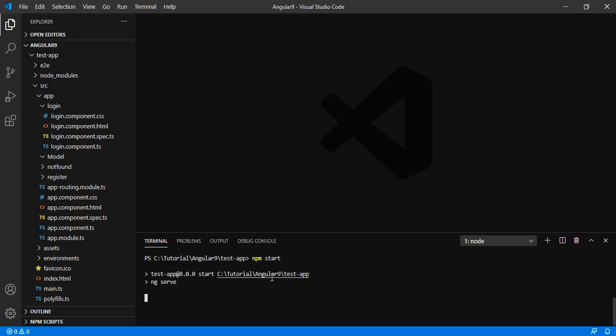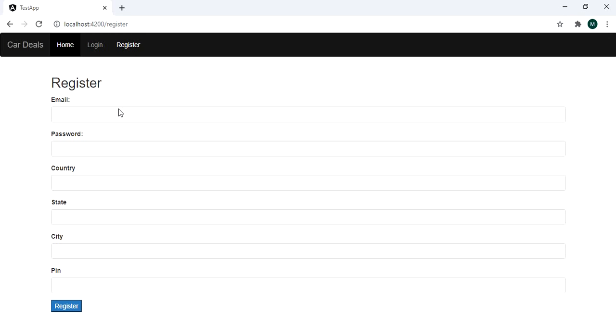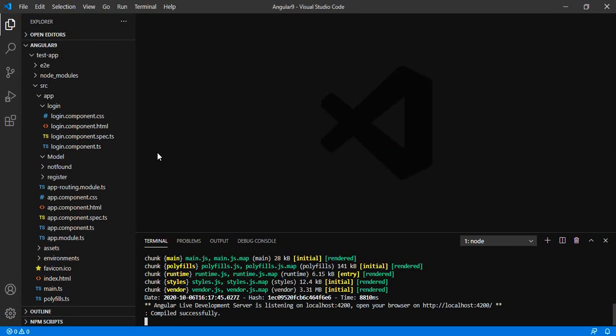Let us see what we have already created in our previous video: the data binding in our template-driven form with the help of the ngForm, ngModel and ngModelGroup directives. This is what we have already achieved. We have created two pages, login and register. Now we will try to do the data binding, first one-way data binding and then two-way data binding